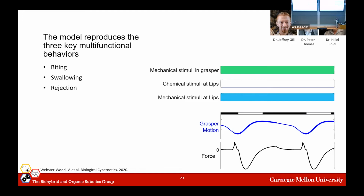And so this all comes from just modeling what we know about the system. We're able to get multifunctional adaptable control. And excitingly,